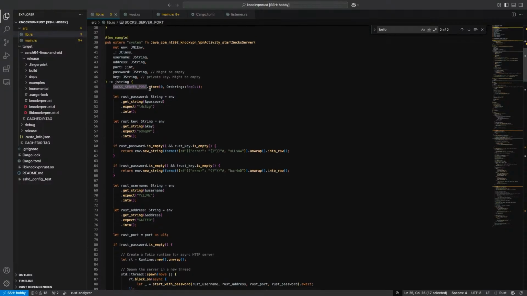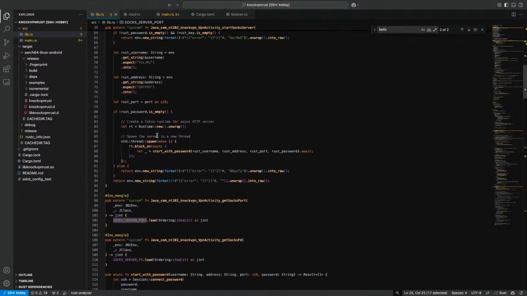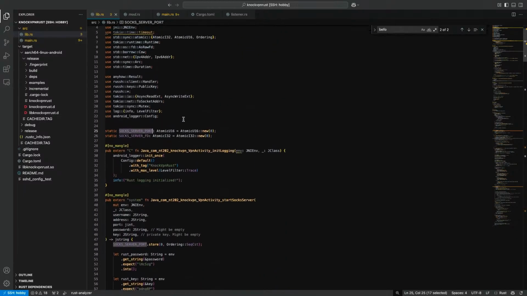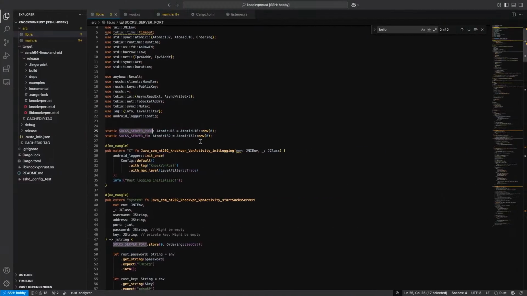The problem was that I didn't set it correctly. But the SOCKS server worked. Then it worked, but